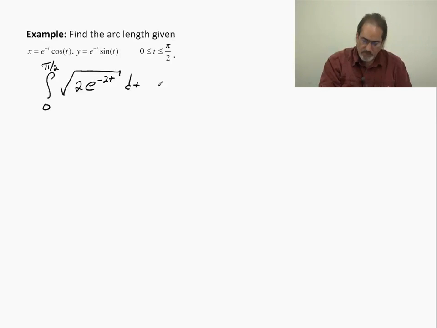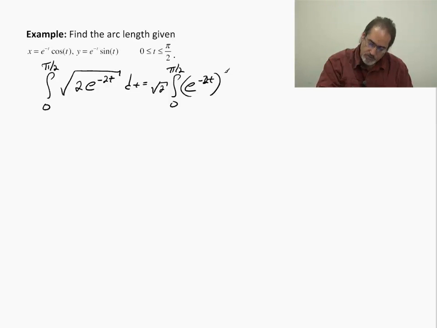dt. Well, this is going to be equal to the integral from 0 to pi over 2. I'm going to pull that radical out. Matter of fact, I'm going to erase that equals, and I'm going to put it out here, root 2. See, this is e to the negative 2t raised to the 1/2 dt. Well, it's going to cancel out there. So this is really equal to root 2 times the integral from 0 to pi over 2 of e to the negative t dt,